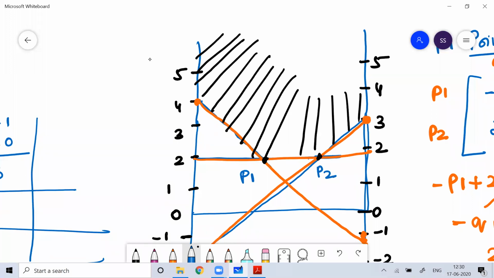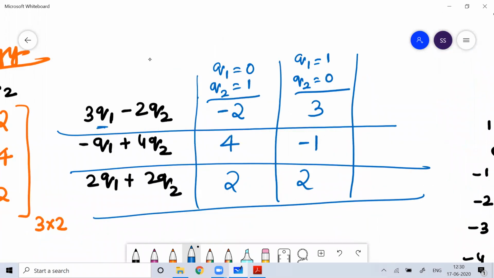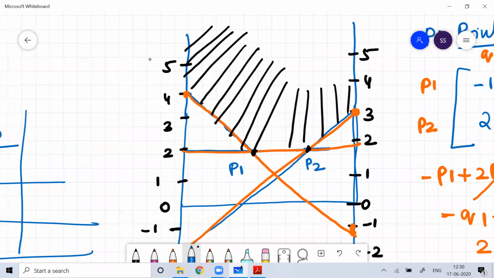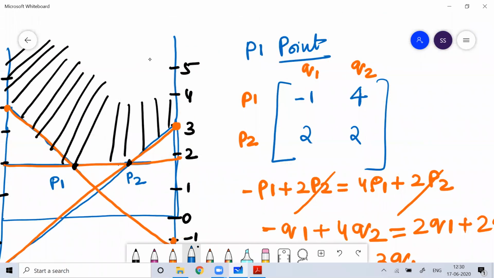Ultimately, you have to convert that problem either into a 2 by 2 matrix, or into the form of an m into 2 matrix, or 2 into n matrix. Then by using the graphical method, we convert the given problem into a 2 into 2 matrix, and there we'll get the answer by using probability. So this is what the dominance rule is all about. This is the way we solve the problem using the dominance rule.